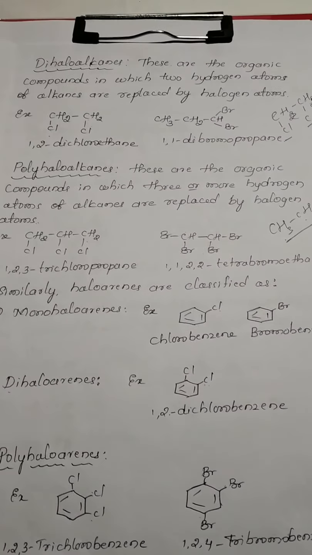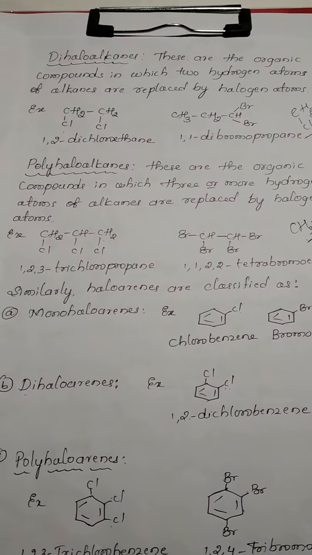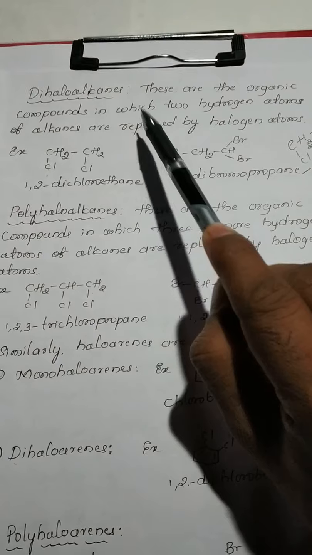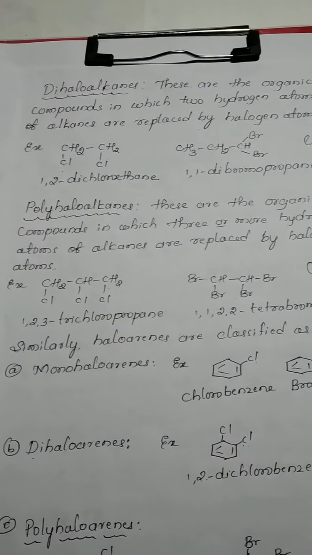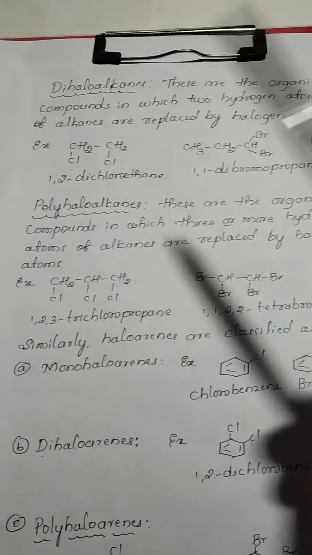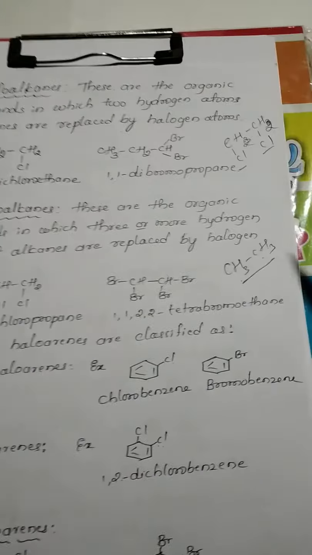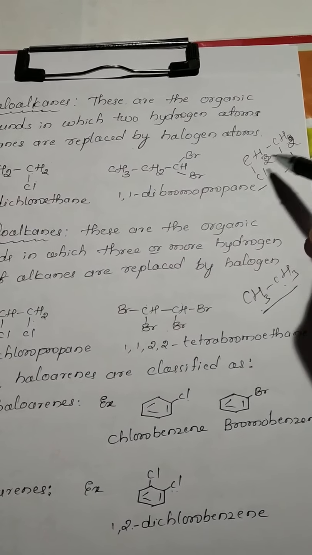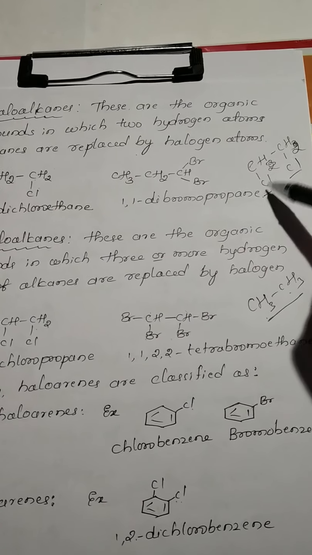Dihaloalkanes means, as you know already, they contain 2 halogen atoms. These are the organic compounds in which 2 hydrogen atoms of alkanes are replaced by halogen atoms. Just see here, in ethane, CH3, it is called ethane. Here 2 hydrogen atoms of this ethane are replaced by 2 halogen atoms, hence it is called